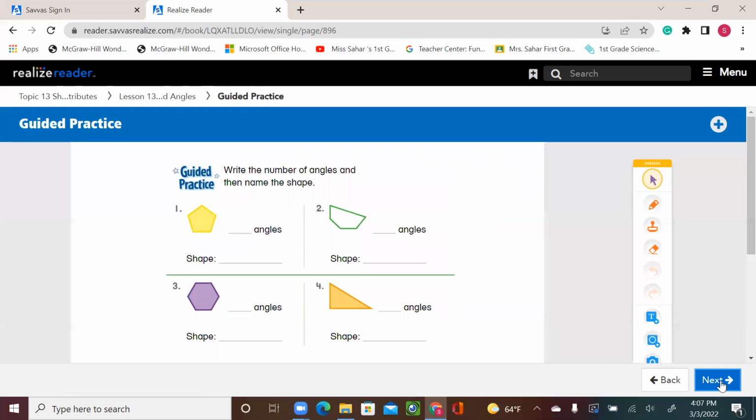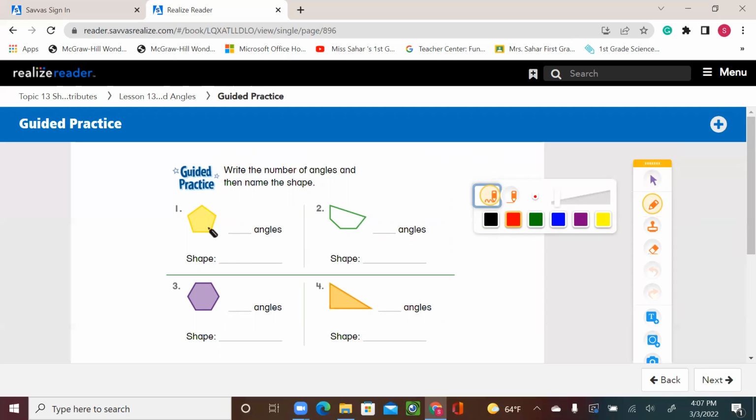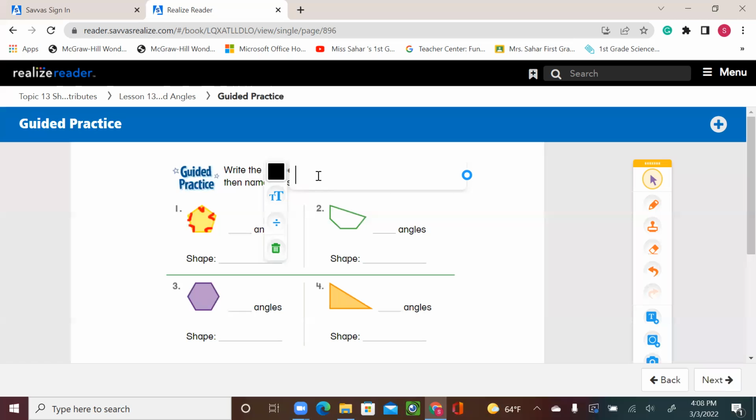All right, over here, write the number of angles and then name the shape. So let's see this shape. 1, 2, 3, 4, 5. So it has 5 angles. That's pentagon. So let's write number 5. And then